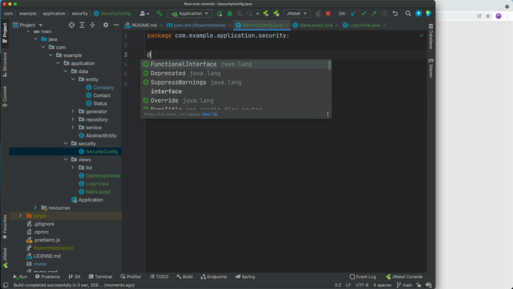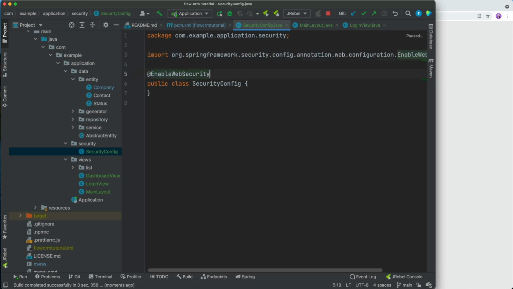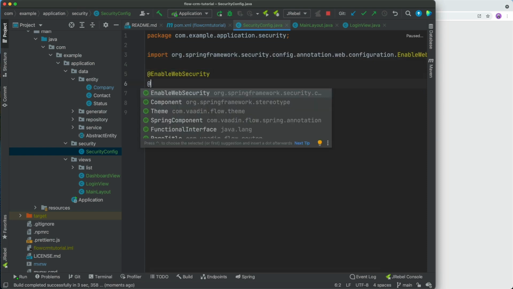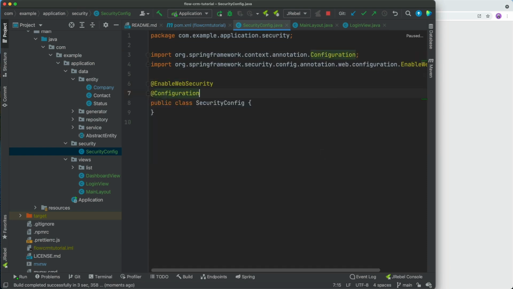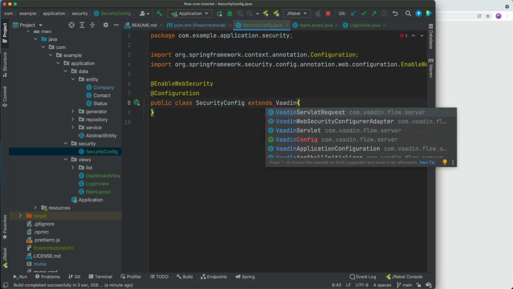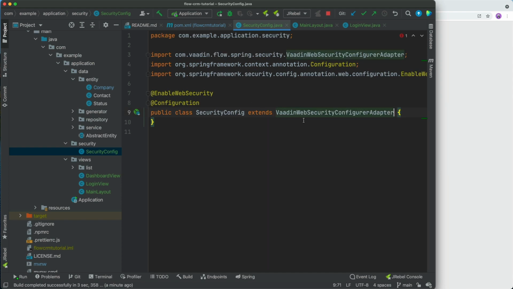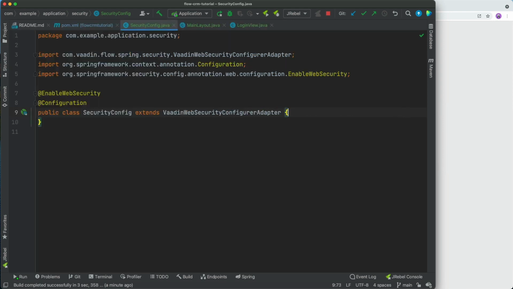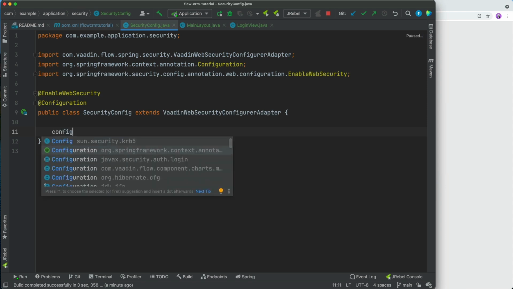All right, so how do we use this security config? First of all, we need to tell Spring to enable web security, and then we're going to tell it that this is the configuration that we want to use. Then we're going to extend from VaadinWebSecurityConfigurerAdapter. Quite a mouthful, but that's the kind of naming convention that's used here. Let's hide the sidebar so we have a little bit more space to work with here. And we need to override a couple of methods here. So we're going to override configure